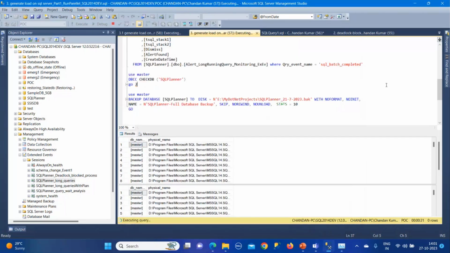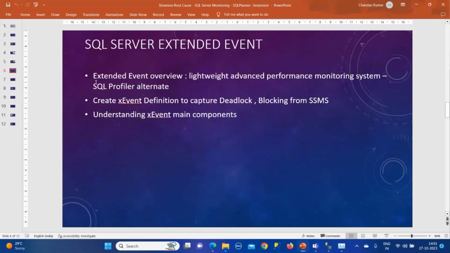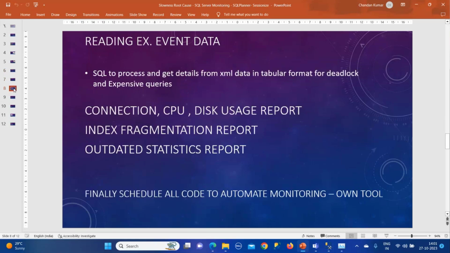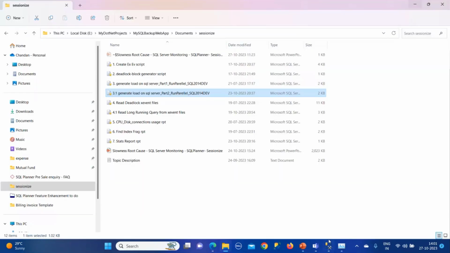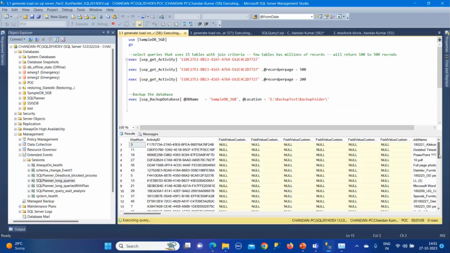But this is sufficient for us to find the root cause of SQL Server slowness and analyze the load event. Okay, now this is what I have triggered. And now once these queries that are causing the load on SQL Server